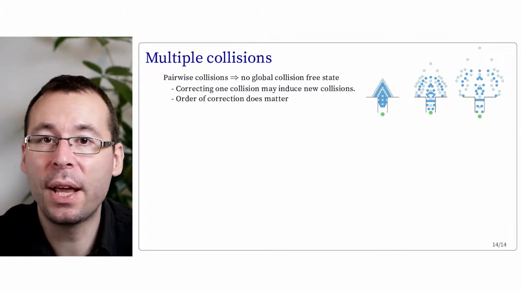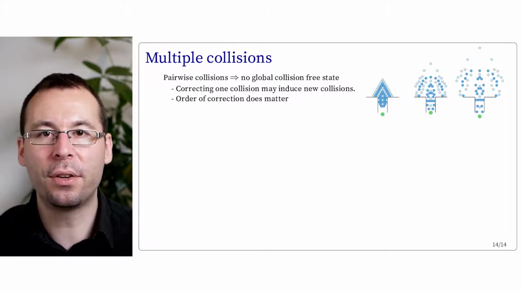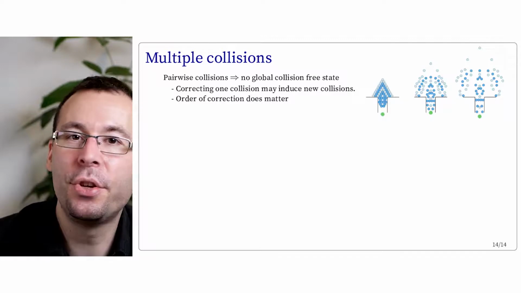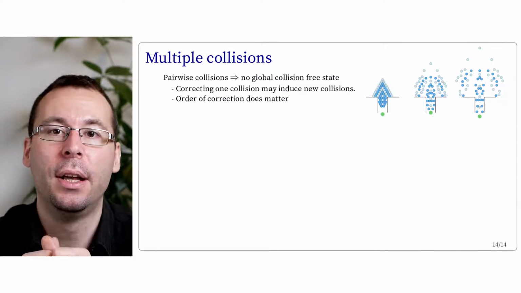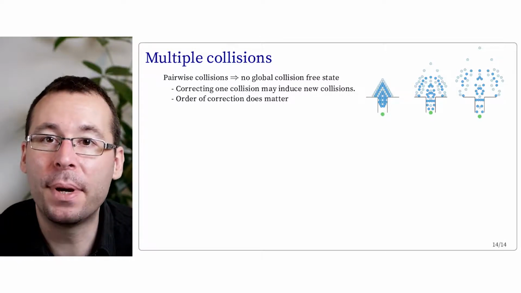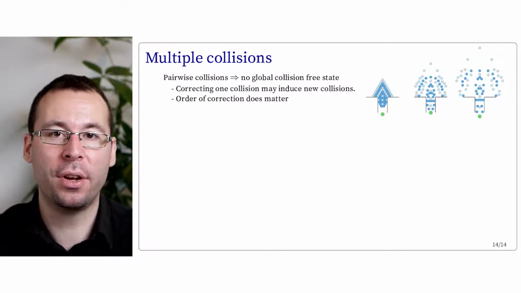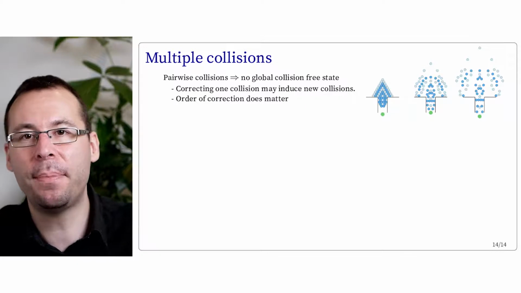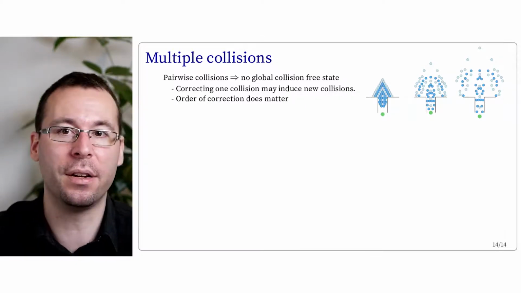And there is one thing we haven't discussed yet, which is the multiple collisions. So far, we only described how we can deal with pairwise collision, assuming that the spheres are free to move in other directions. But when we have lots of spheres, things can become more complex. When we correct two particles that collide with each other and move them to their contact surface, then correcting their position may lead to the generation of new collisions with other particles.